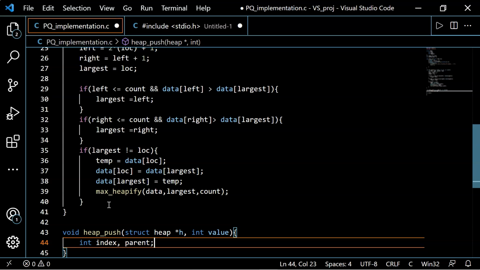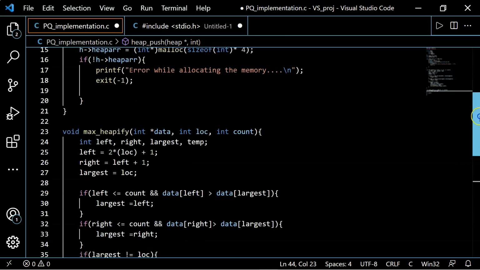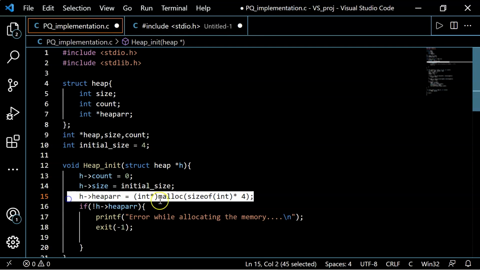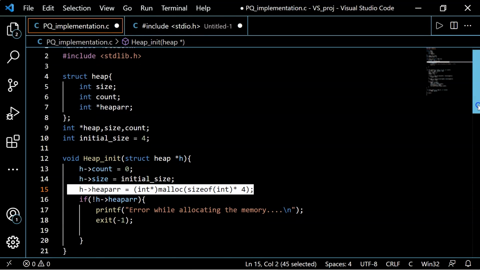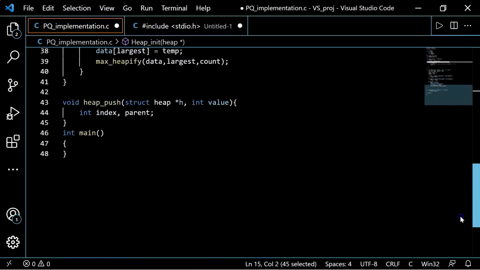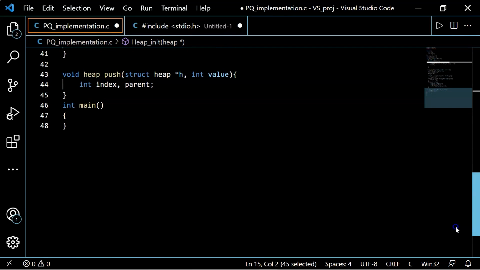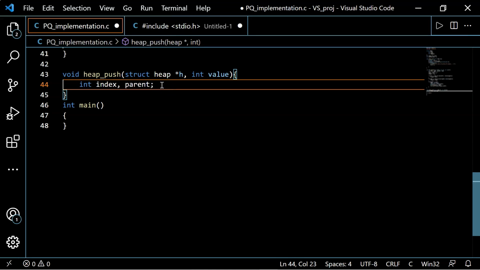If you guys remember, the initial size that we have allocated to our array is 16 bytes. You can verify with this statement here that we are providing 16 byte size to our heap array. But what if you want to insert more than 4 elements? Then what will we do? Well, for that, we'll need to increase the size of our heap array. So we'll do that here.